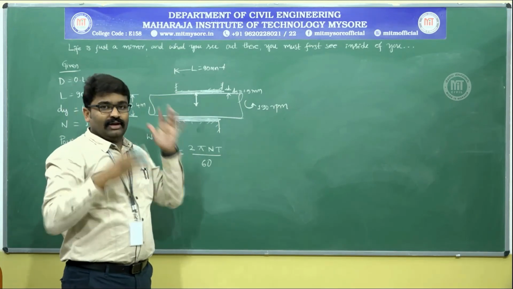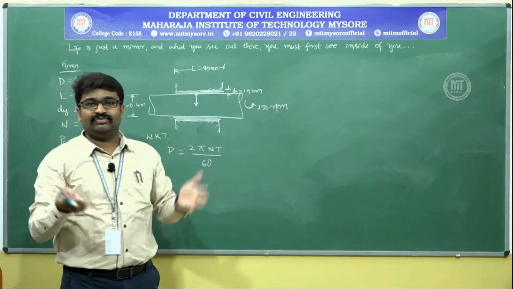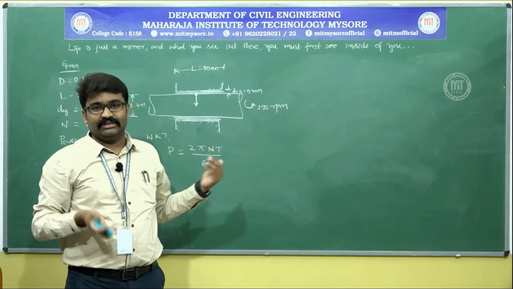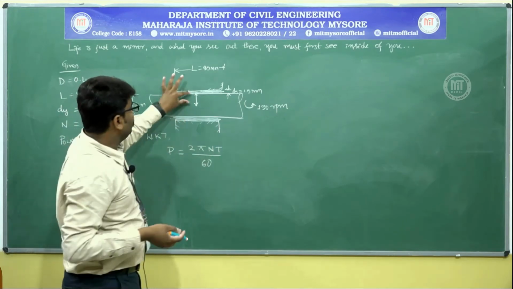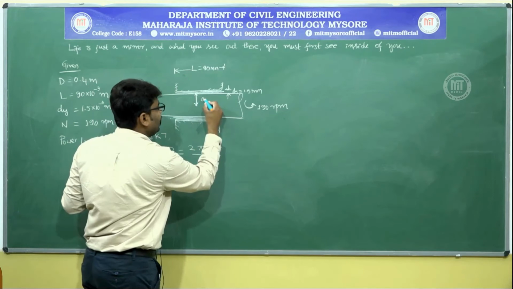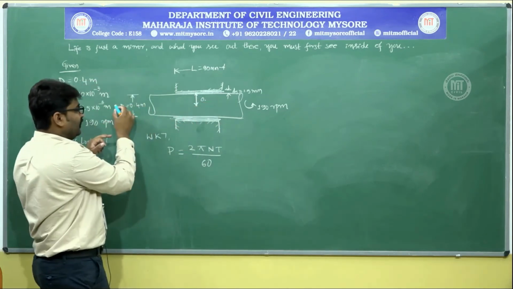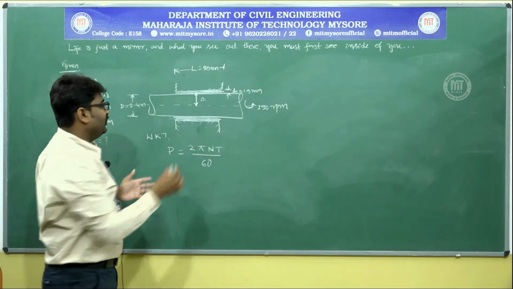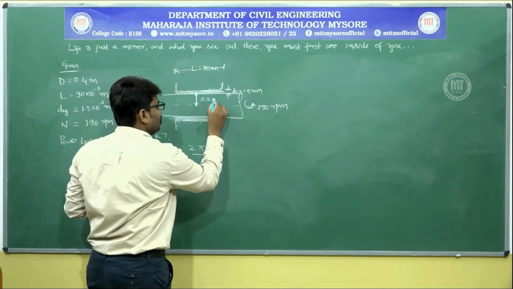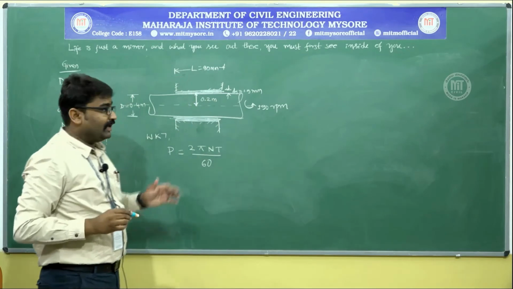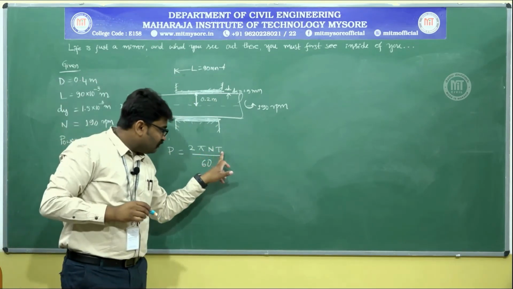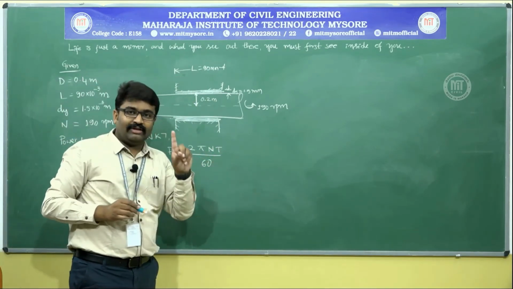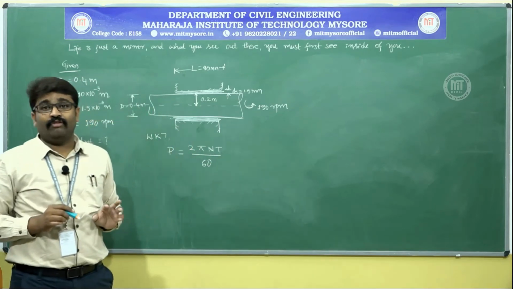What is the force? That force you will have to calculate: how much force is required to drive this. If you calculate, the perpendicular distance is known. What is this perpendicular distance? From the figure you can observe that it is nothing but the radius of the shaft. So the radius of the shaft is 0.2 meter. So to calculate torque, the only requirement now is the calculation of force.